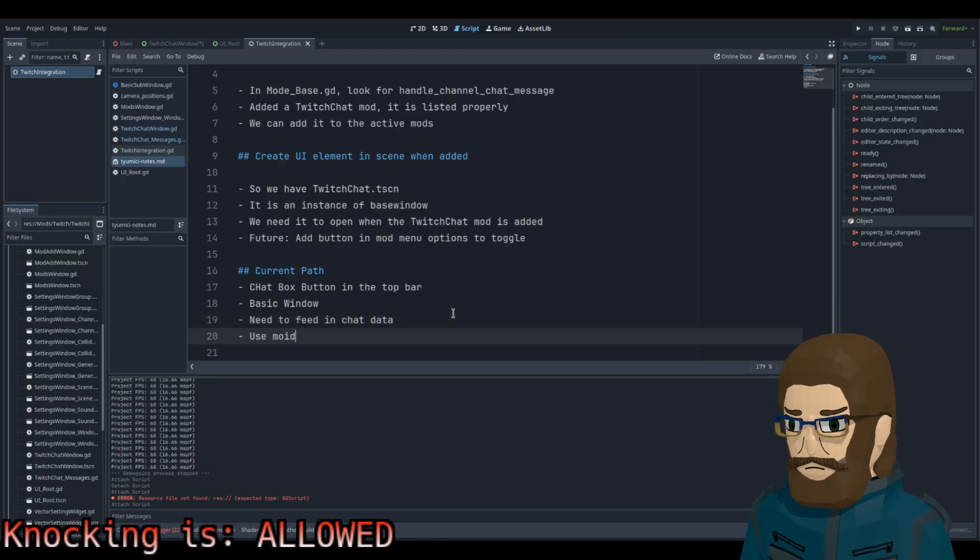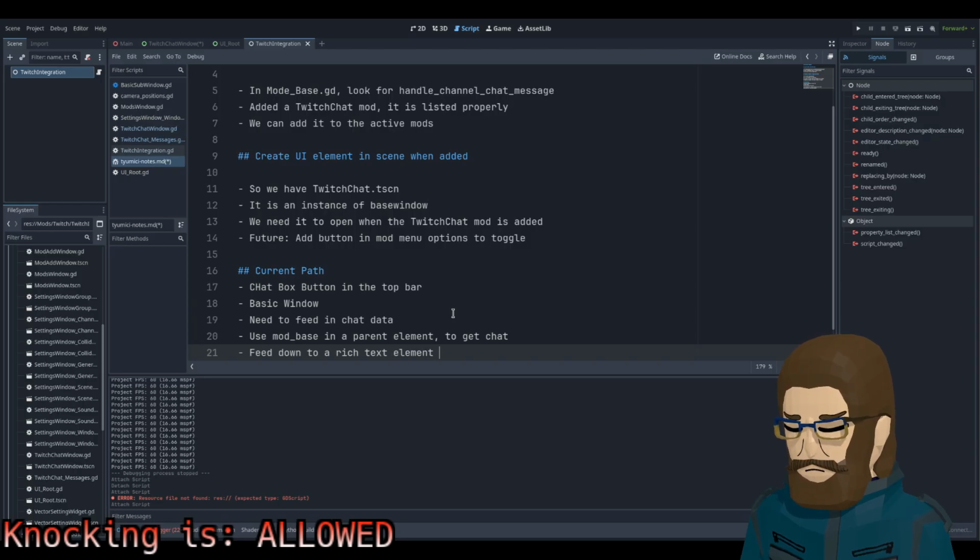So maybe like use mod namespace in a parent element, right? Or that's what we're trying to do at the moment. Because that way we can get the chat messages to get chat feed down to a rich text element to show each.